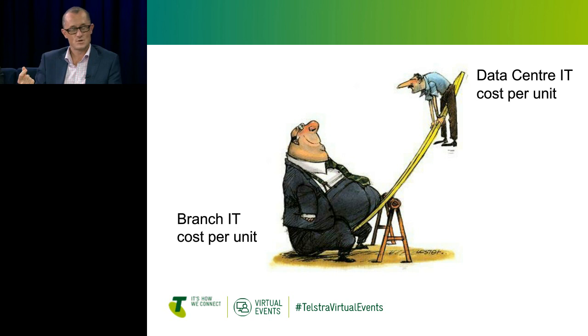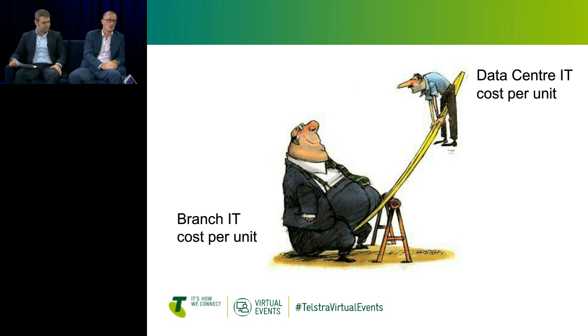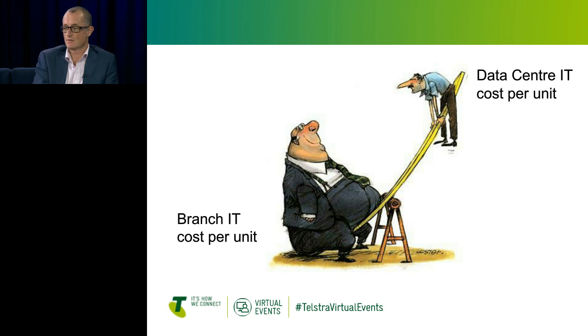All right? The cost of compute, everything, storage, memory is dramatically reduced to serve a user or to serve an application out of the data center to the end users. So, the branch cost in IT. I was talking to a CIO not so long ago, and he says, we've done some magic things in the data center, magic things with the cloud. He says, but we just keep putting more stuff in the branches, and it keeps getting more and more